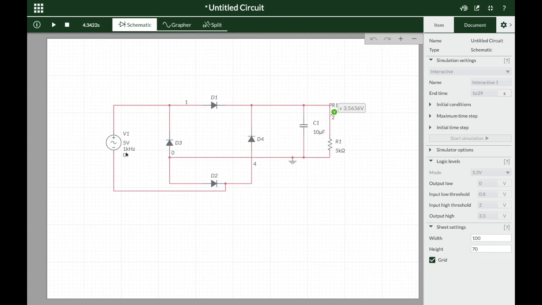Now we know that when we use a bridge rectifier in some appliances, for example the charger of a cell phone, we plug this charger to the AC mains. Then this AC mains signal is passed through a transformer, which is a step down transformer, and the voltage at the secondary of the transformer is given to the rectifier. The signal across the secondary of the transformer will have the same frequency as that at its primary, which is nothing but AC mains. That means the signal frequency here should be 50 Hz. So let us try with this as 50 Hz.